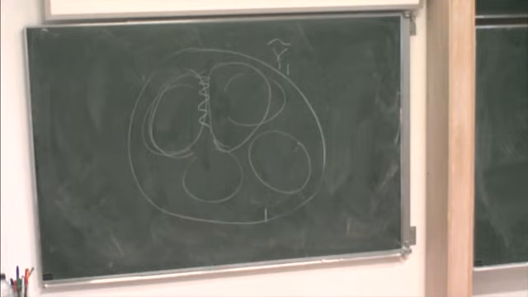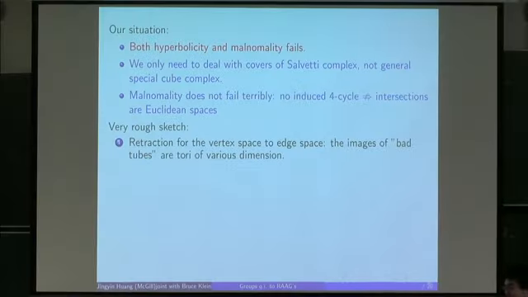Here is a very rough sketch of how we prove the theorem. We're going to use the same schema as Haglund and Wise, and still we need a retraction from the vertex space to the edge space. However, the problem is in the case of Haglund and Wise, since they have malnormality, they can claim downstairs the retraction is trivial. In our case, upstairs the overlap is unbounded, so they are Euclidean spaces. So in general, there's no hope to say downstairs you have a